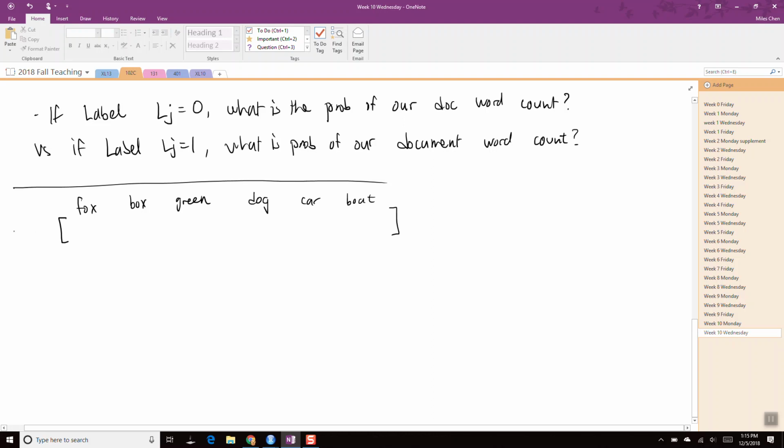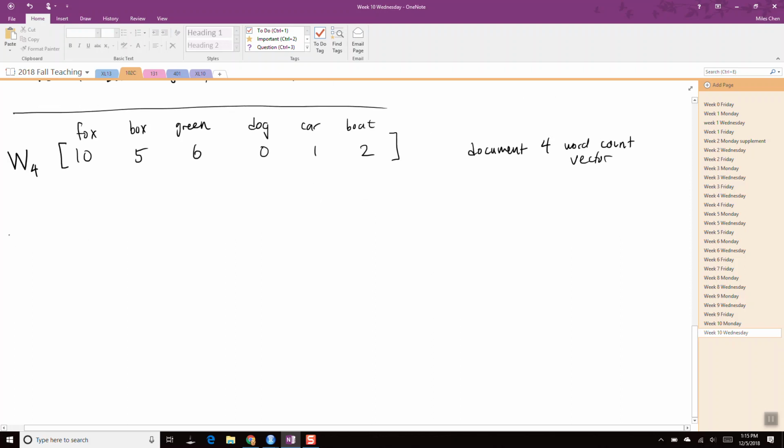Okay, maybe this is document 4. Document 4's word count vector, if we only have 6 words, right? We can say this is 10, 5, 6 and 0, 1, and 2. And then we might have somewhere else theta 0 being